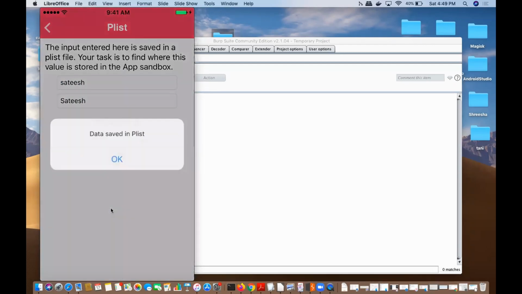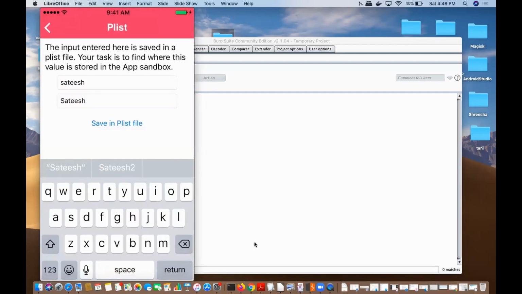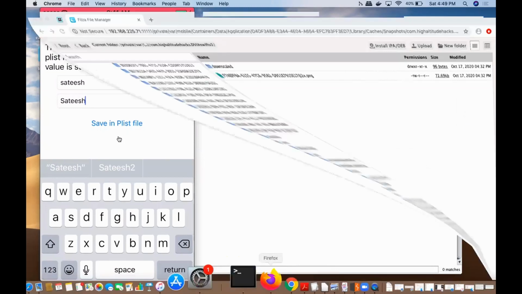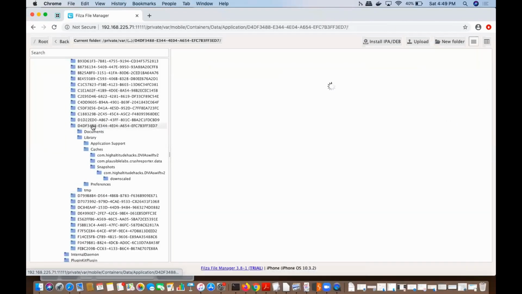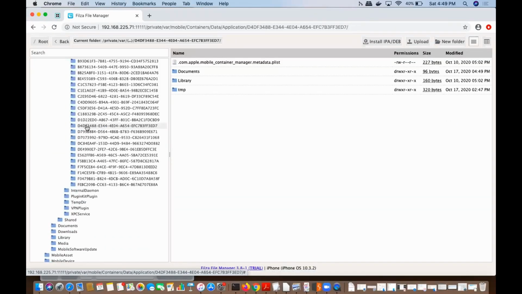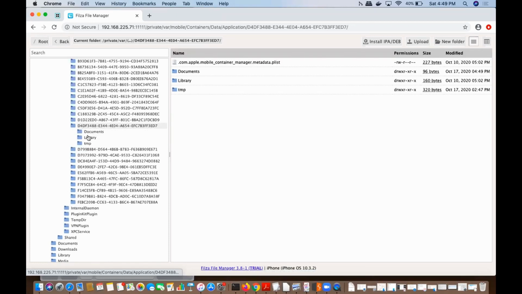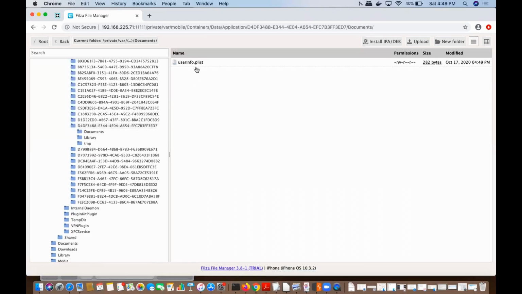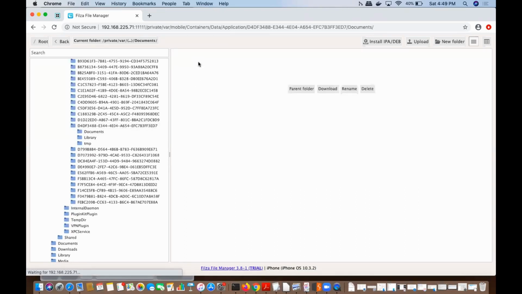So if I click on save, you need to navigate to the location of this plist file. I already told you where this location is. This is the application I am working on. I will click on this, and then click on documents. You can see the user info.plist file is located here. If I click on it,